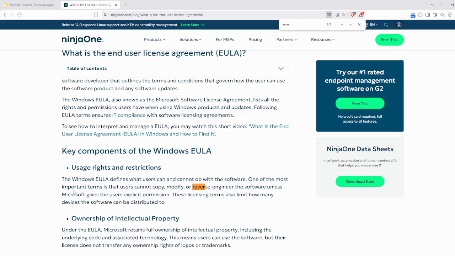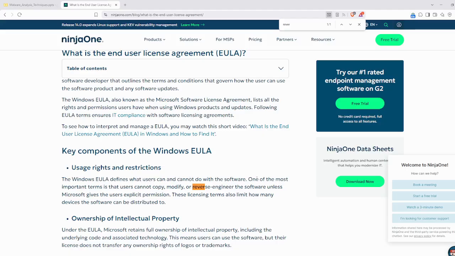You see it here, the Windows end user license agreement defines what users can and cannot do with the software. One of the most important terms is that users cannot copy, modify or reverse engineer the software unless Microsoft gives the user explicit permission. These licensing terms also limit how many devices the software can be distributed to.